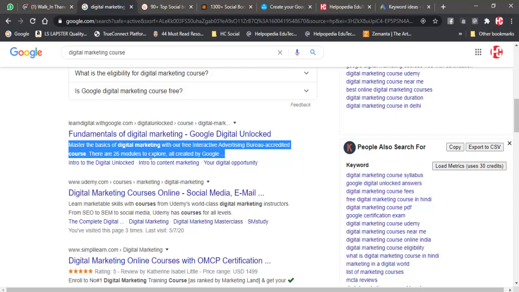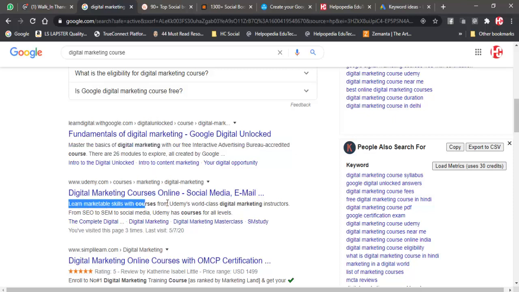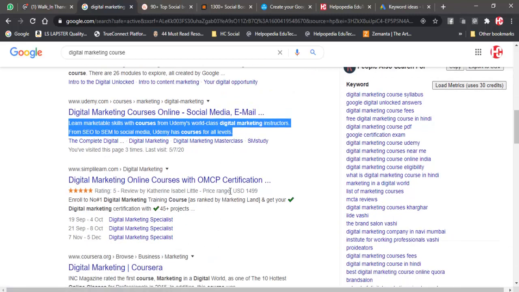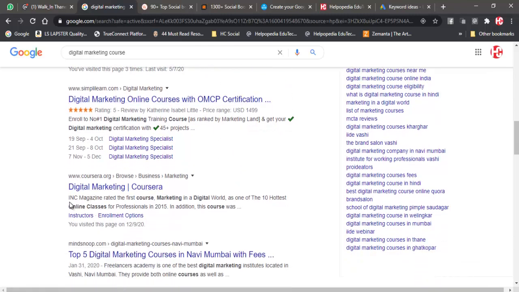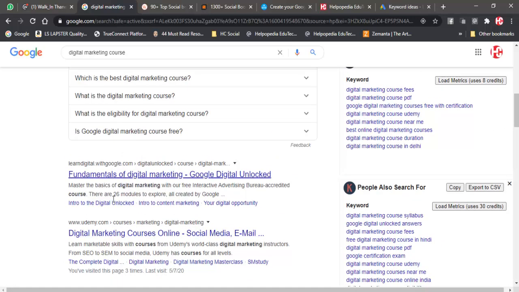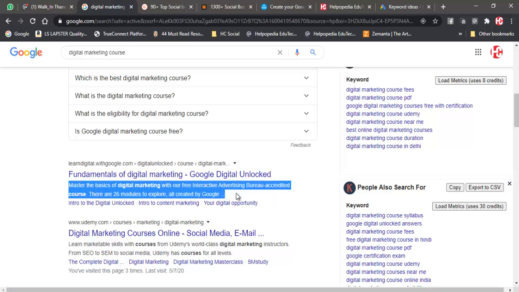They'll read this, and then they'll read this also. If they find that okay, this content is exactly what I'm looking for, then they'll click on it. So even though being on top, it doesn't mean that people will click on the first result. People will read this. This is the decision maker, which makes people click on this link or that link.